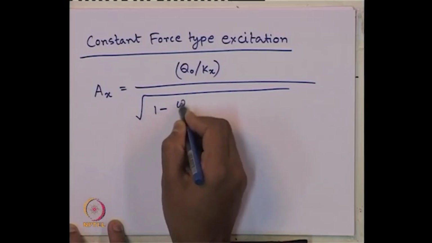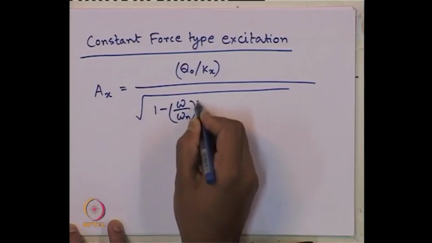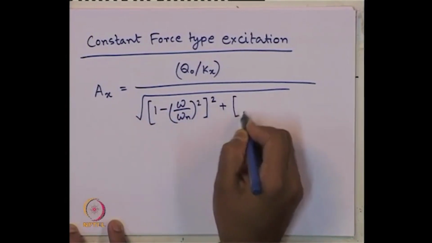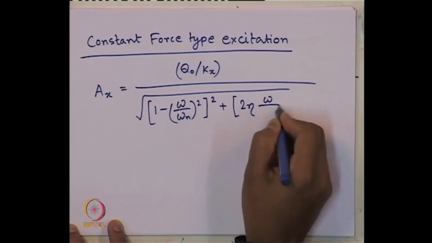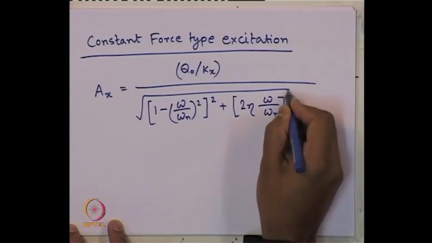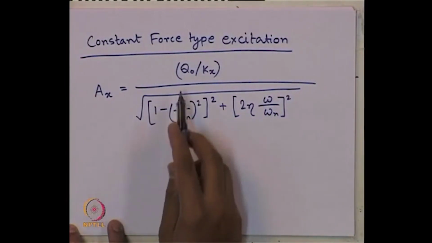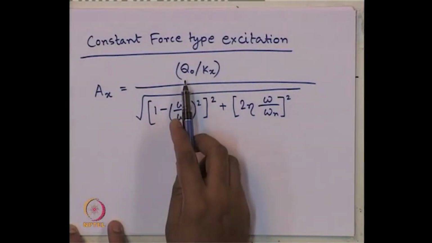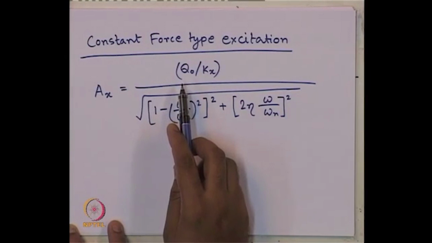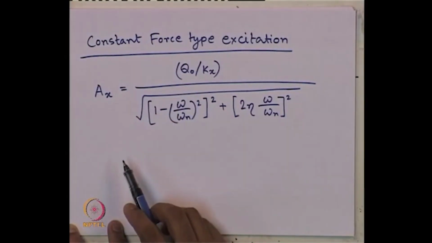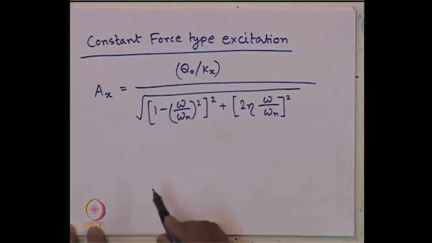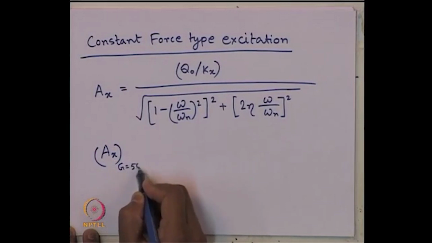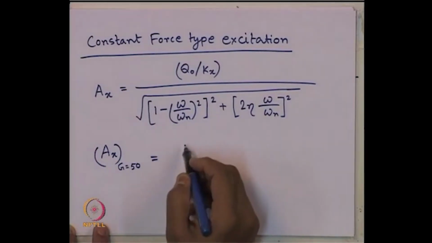this expression from our knowledge of the fundamentals of vibration theory in the second module. We can write this expression. Q naught is given to us, the amplitude of external force. Remember, in this case it has to be horizontal, then only the horizontal vibration will get generated. So, remember that. Our Ax for the first type of soil, that is G equals 50 TSF, will be